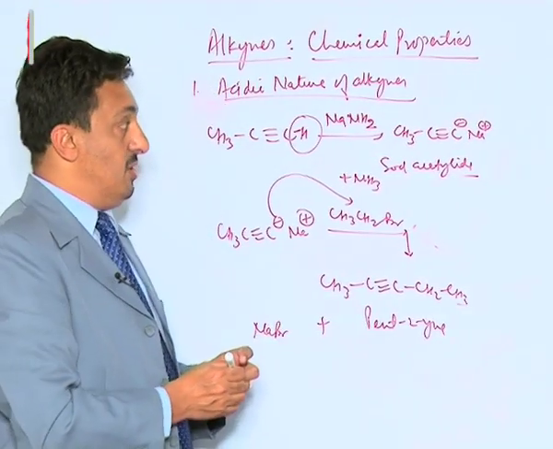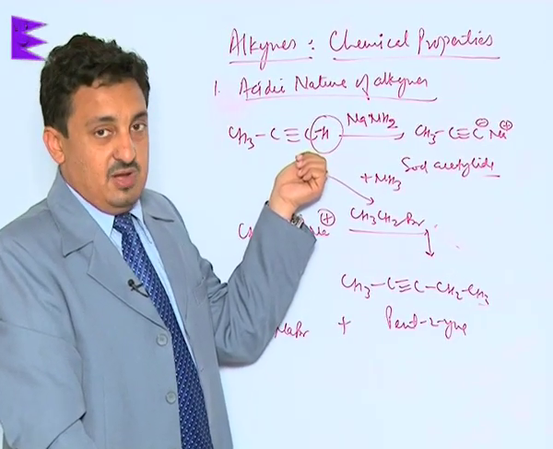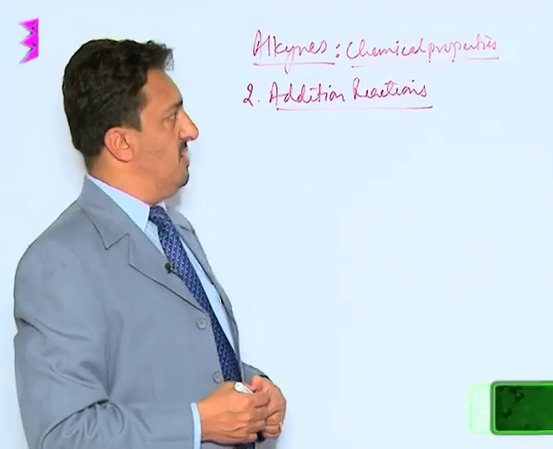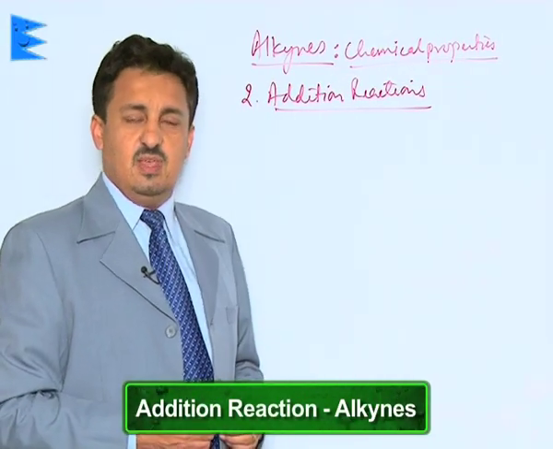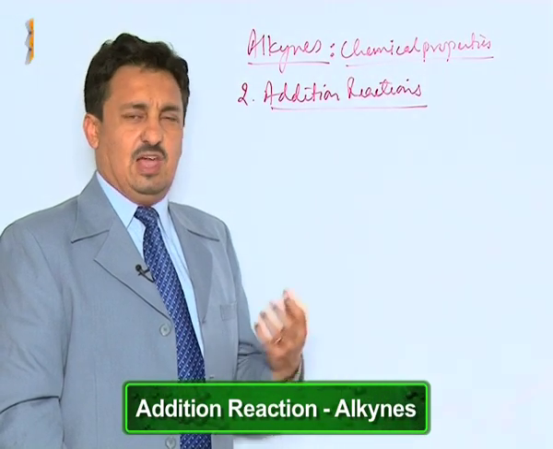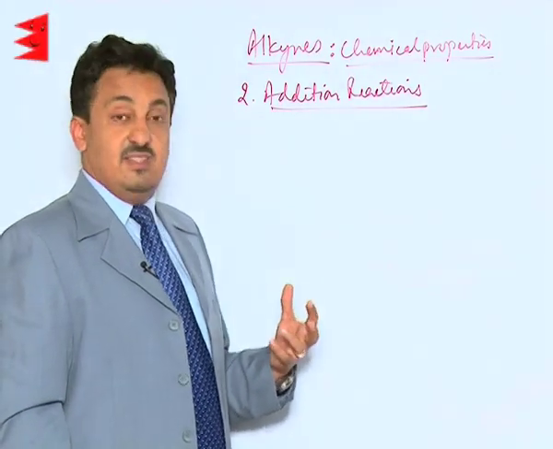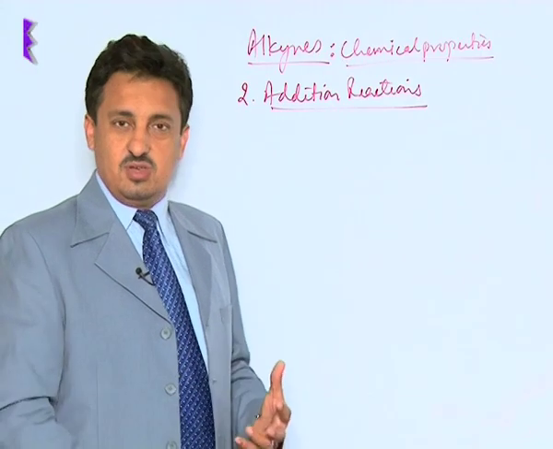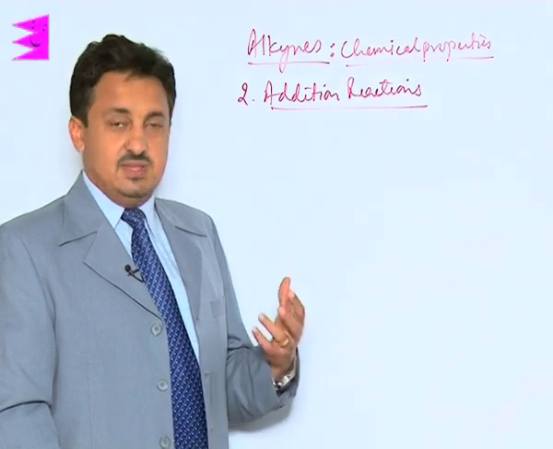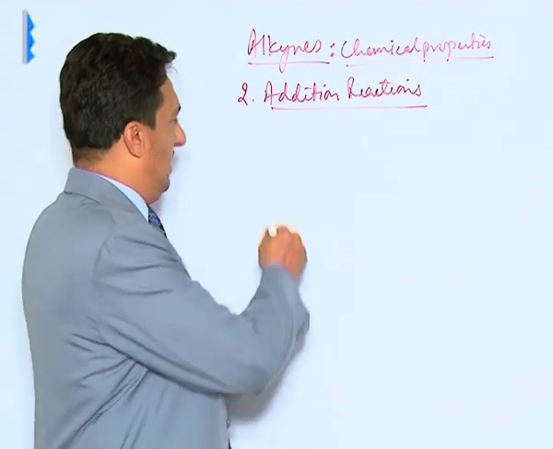So this is a reaction which not only shows the acidic nature of the CH bond or of the sp hybridized triple bonded carbon atom, it also leads to the formation of what? Higher alkynes. The next reaction of alkynes are the addition reactions. We know that they are having a triple bond, 2 pi bonds are there. So we can add 2 molecules of hydrogen or halogen acids or even halogens, even water also, and that is what makes them different, that they mainly show the addition reactions. Most of their addition reactions are electrophilic addition reactions, and in unsymmetrical alkynes simply the Markovnikov's rule is followed. Let us see first the addition of